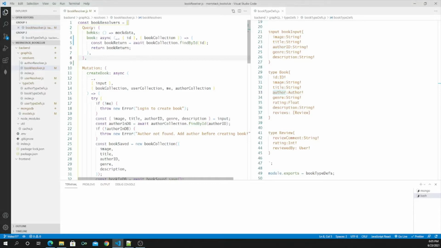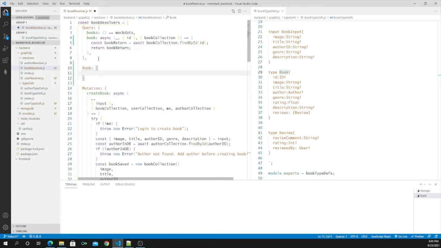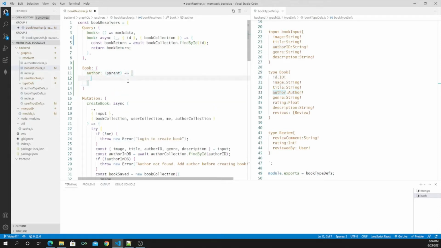So far we have written the resolvers for root type query and mutation. Now we need to resolve for the root type of book. So below this query, or anywhere within this resolver, let's type in book, and within that book we need to resolve for author. So let's call in author, and let's look at the first positional argument,